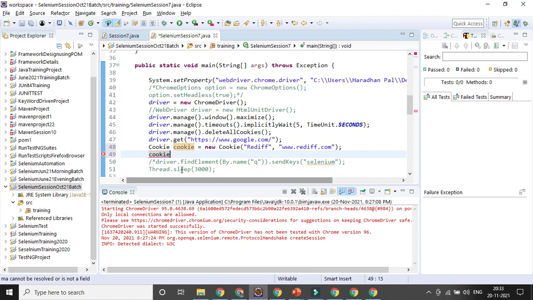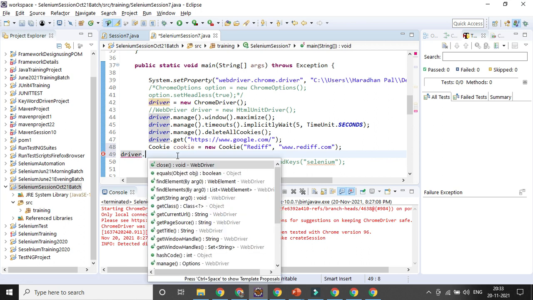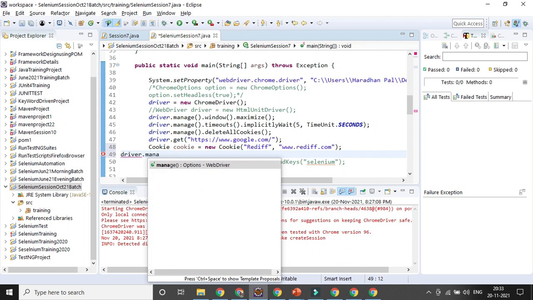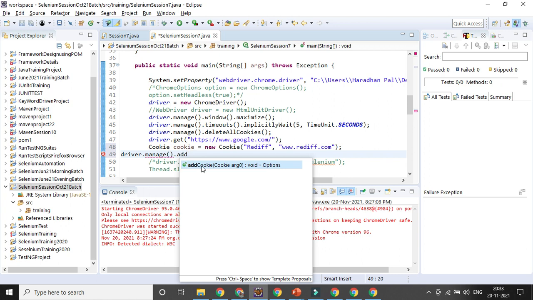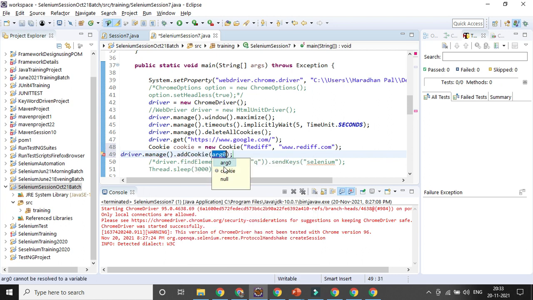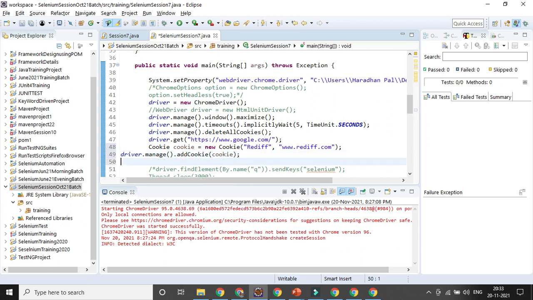Okay, sorry. It will be driver dot manage dot add cookie, and that is the cookie reference I need to give. That's how I can add the cookie.